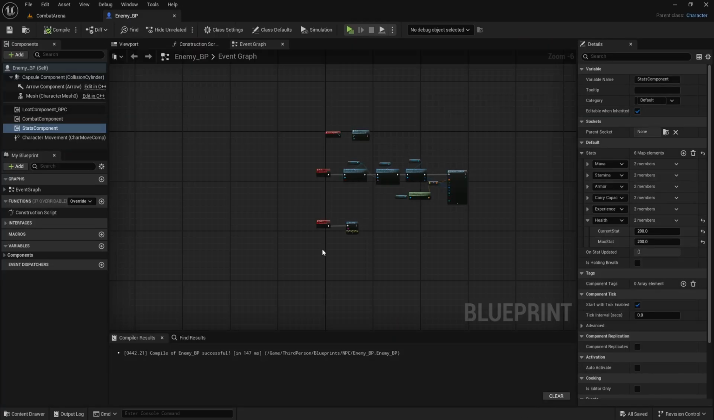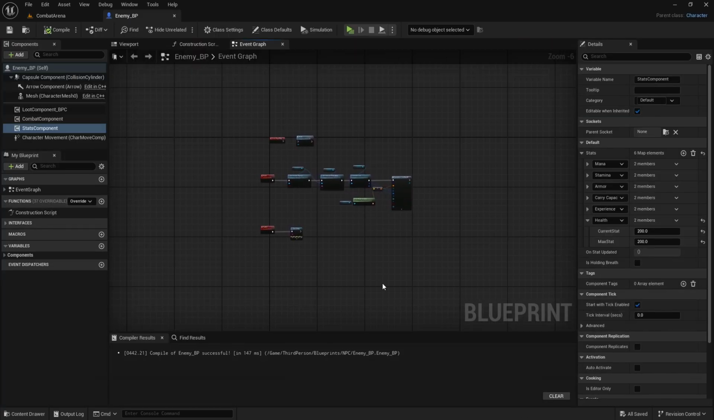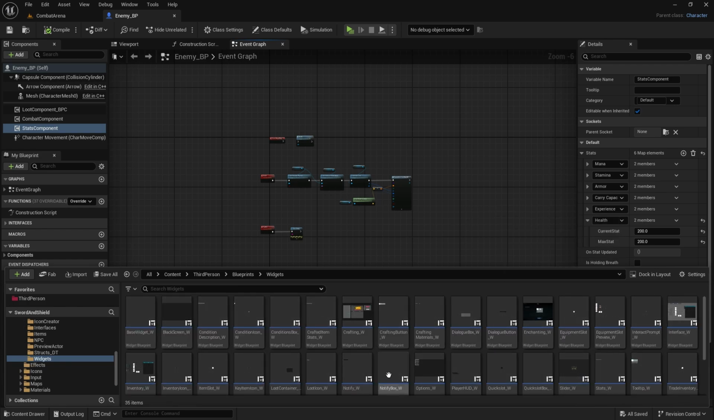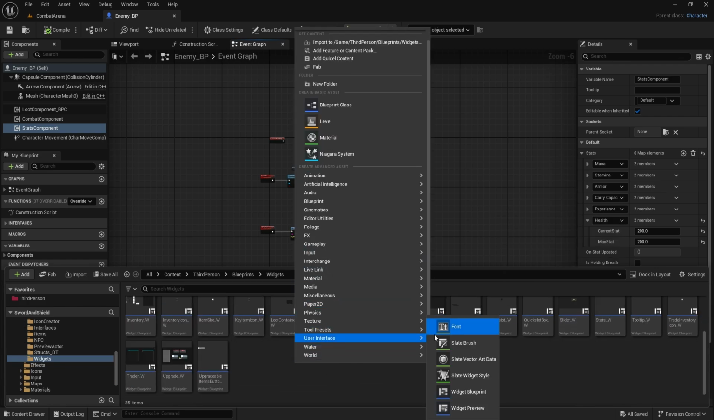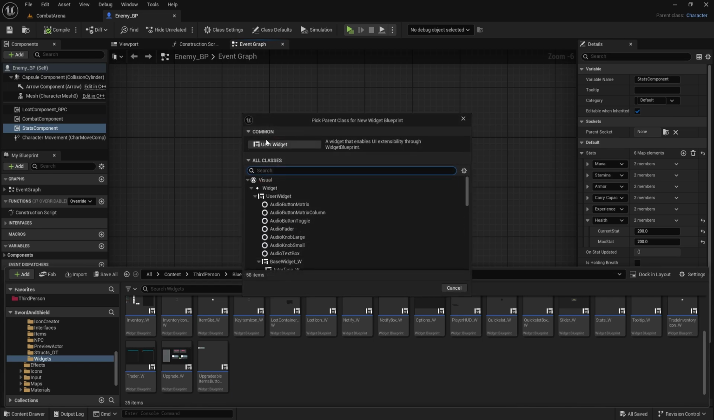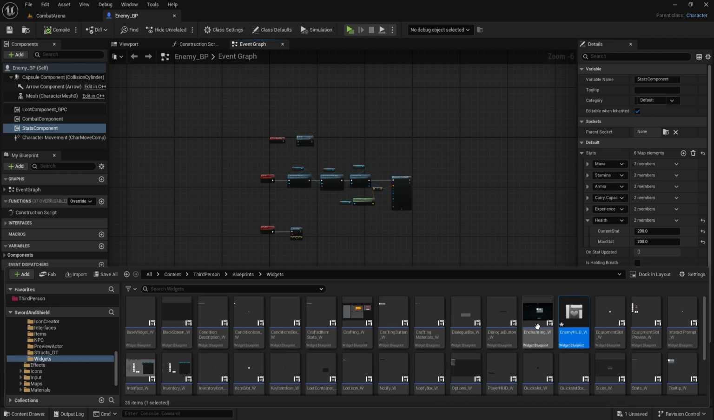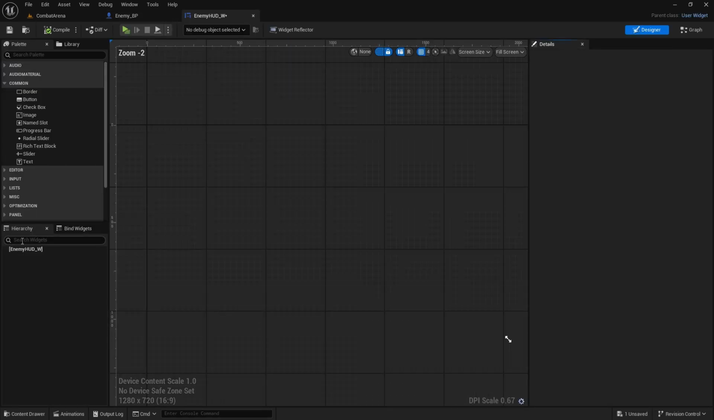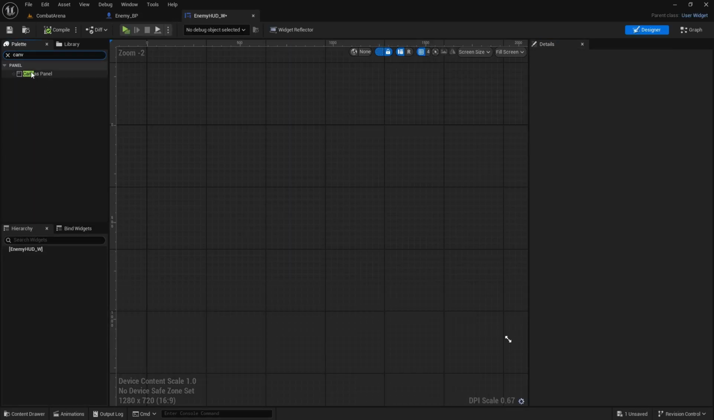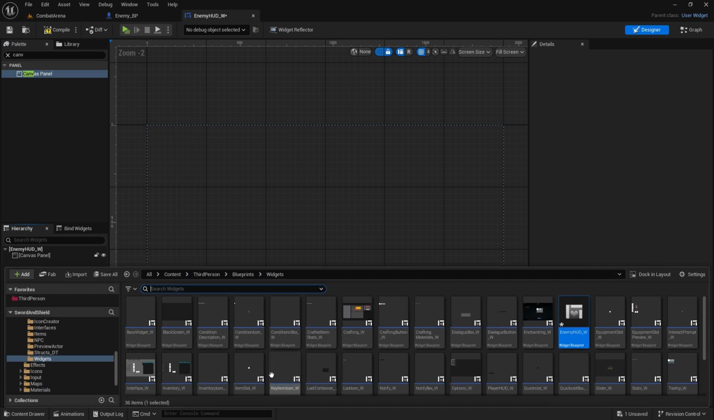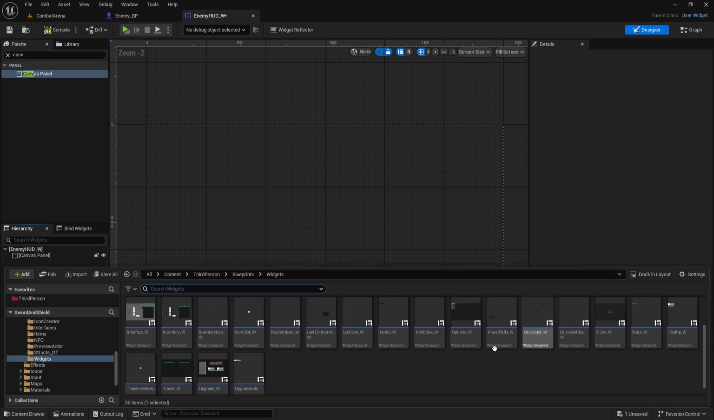And after we have set the stats, what we want to do is create a new widget. So let's go to blueprints, widgets, right click, go to user interface and widget blueprint. Create user widget, and we can probably call this one enemy HUD underscore widget, just because it won't be health bar only, but we can later also display buffs and debuffs and anything else that we might need. So open it up. Here I want to add a canvas panel,